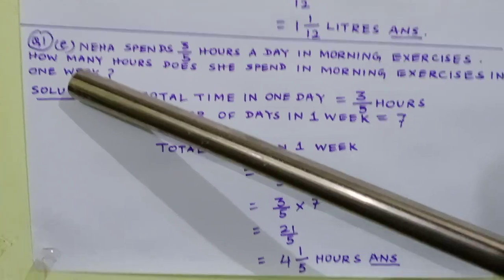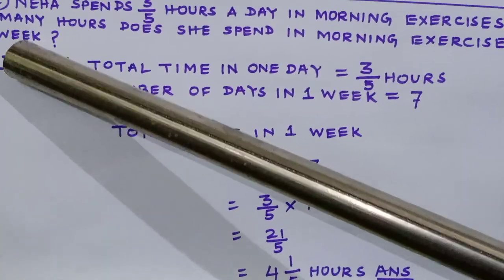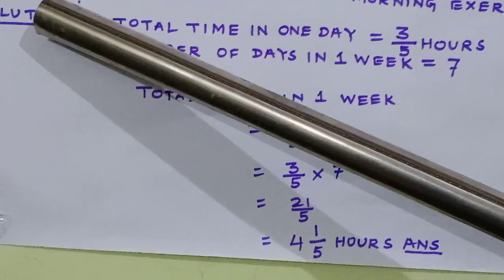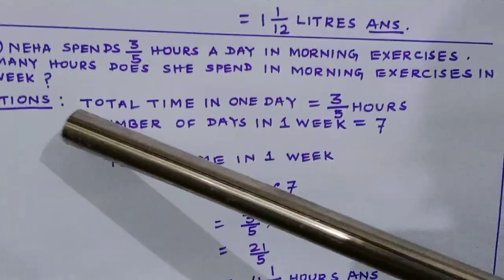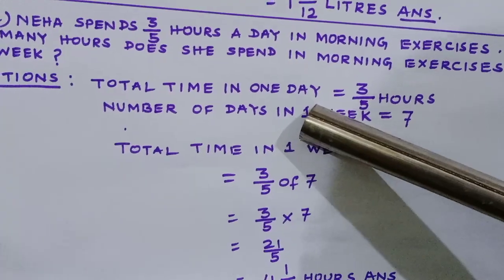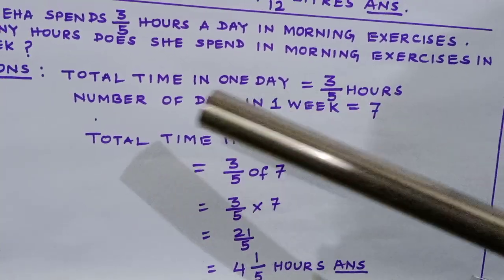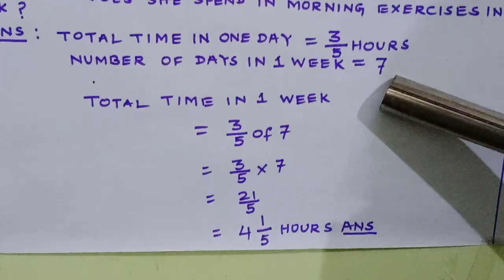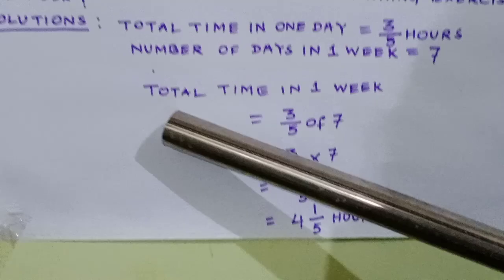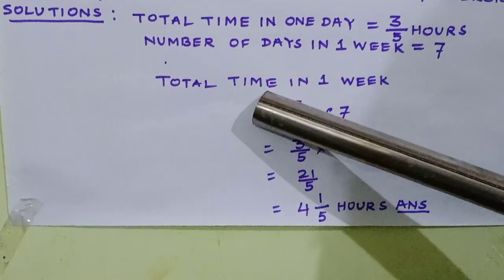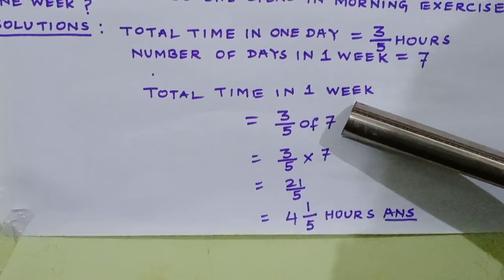How many days are there in 1 week? Students, you know it very well. How many days are there? 7 days. So we will take use of it, isn't it? Now look at the chart. Solution again. Total time in 1 day she gives in the exercise is equal to 3 by 5 hours. Number of days in 1 week is equal to 7, we know. Total time in 1 week will be